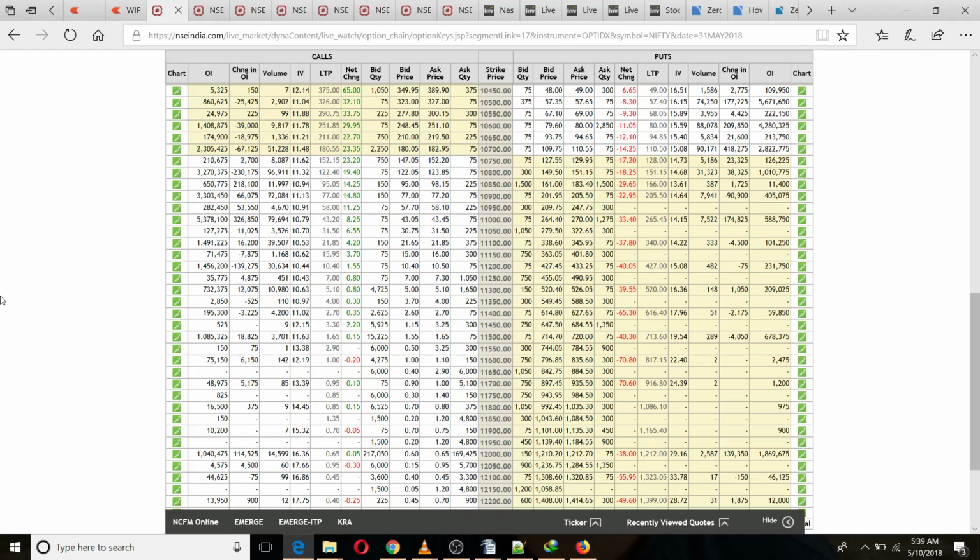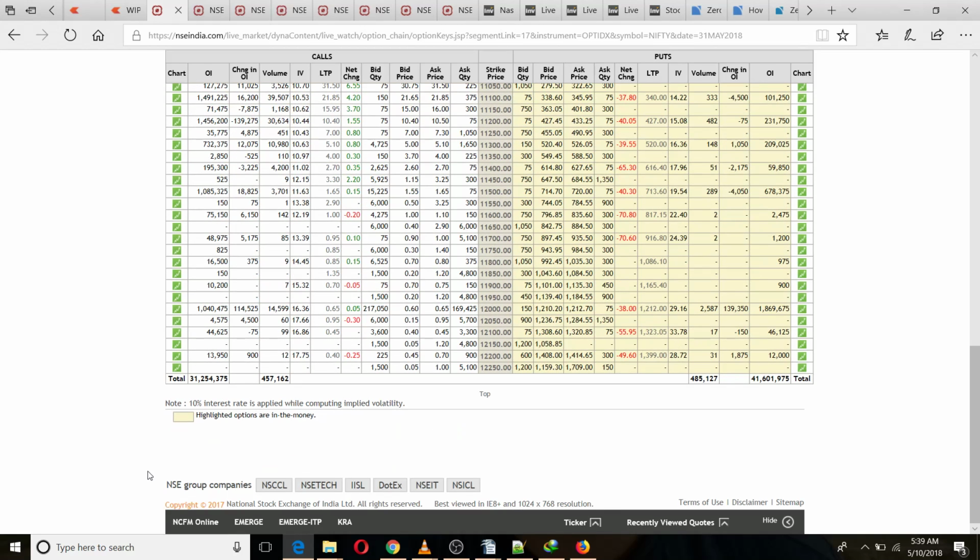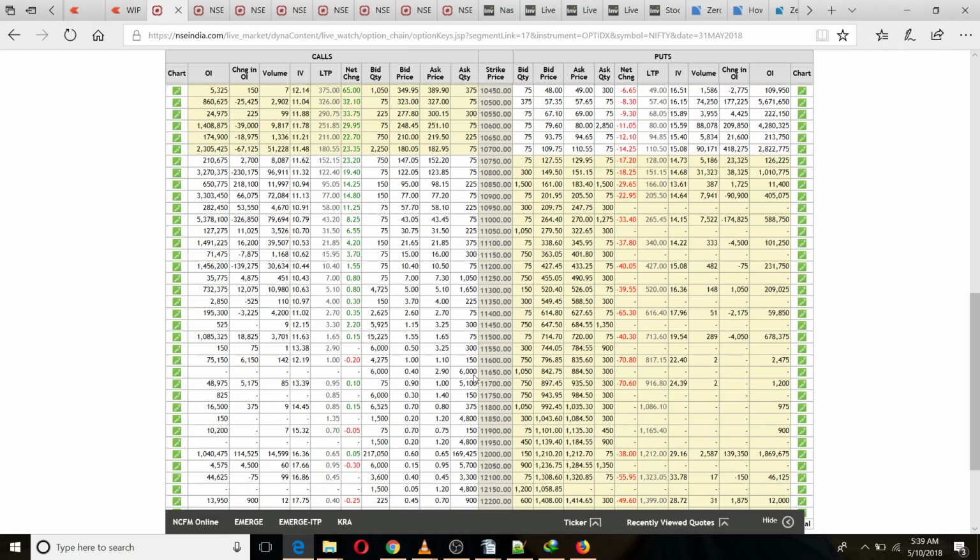Options data is not showing any weakness, guys. We have here 31 lakhs, here 41 lakhs. People at 10,800 are not confident, call writers are not confident, and it is possible that we might see the 10,800 level broken, because these people are not confident. Even those who had written calls at the 11,000 level are now getting nervous. These people are also not confident, they are flying away.